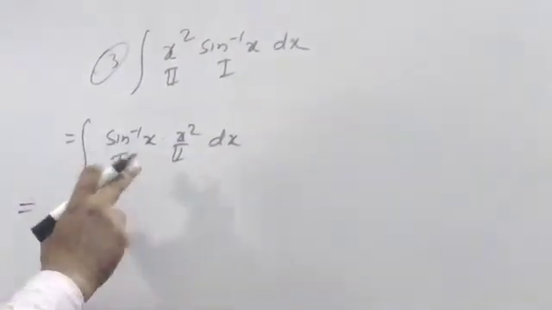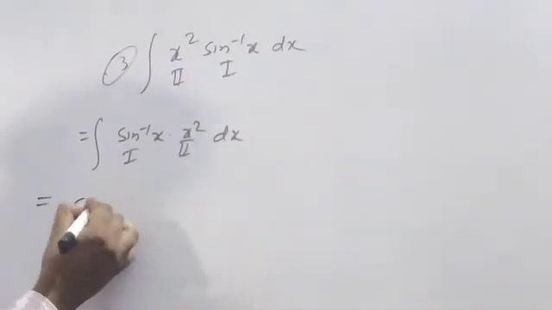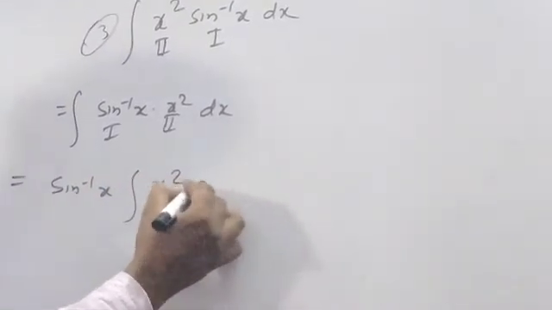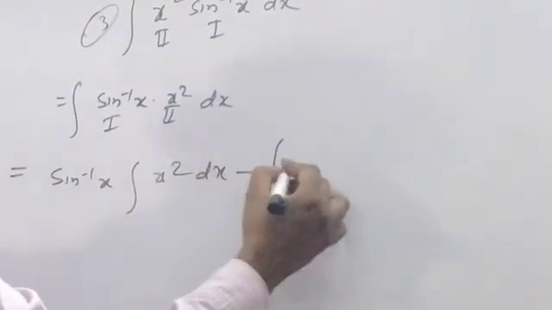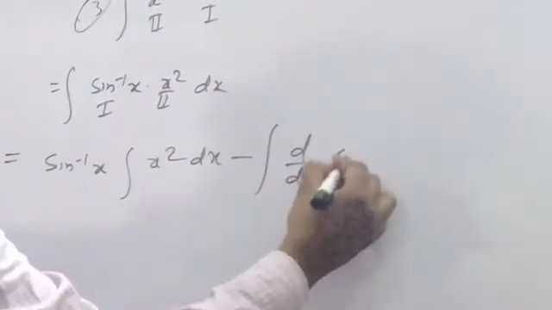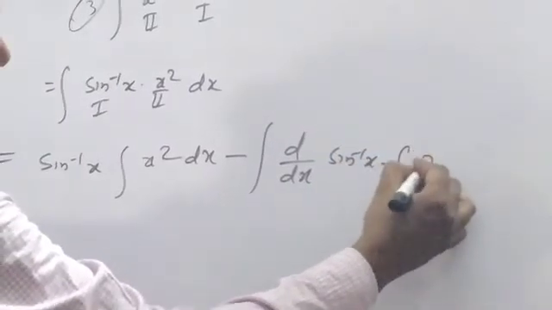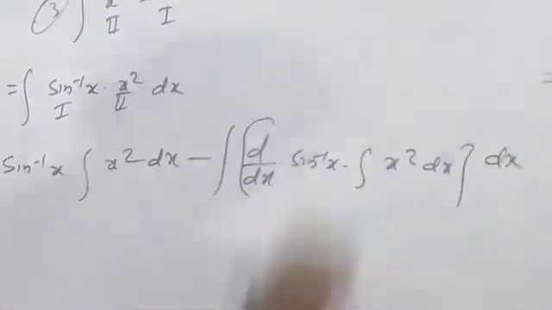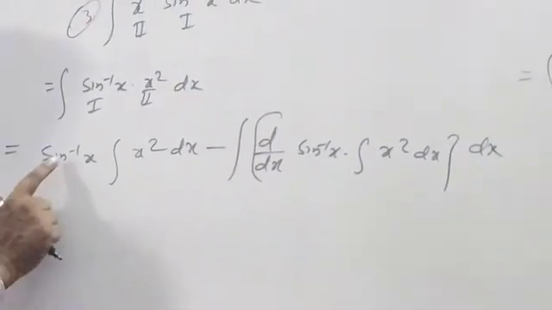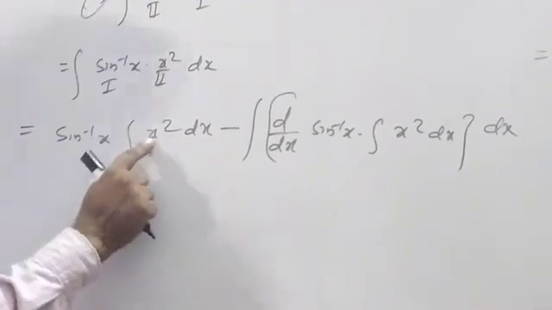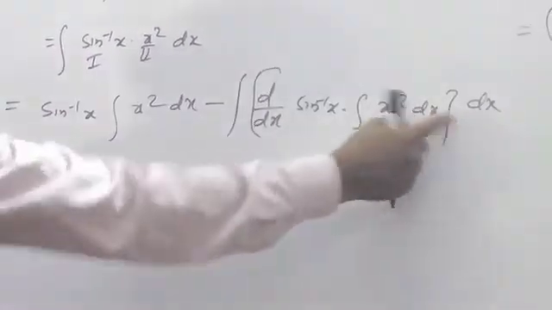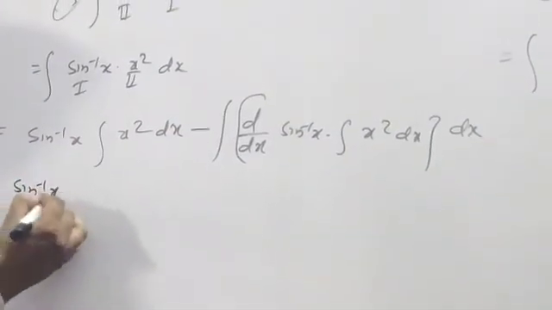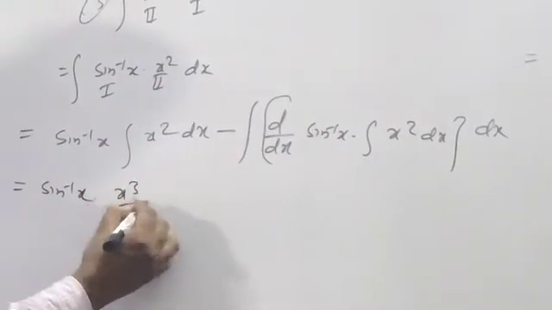First of all, we put it in the formula: leaving the first function, integration of the second function, minus the whole integration of the differentiation of sin inverse x into the integration of x square dx, and the whole integration. Clear? Very simple. Leaving the first function, integration of the second function, minus the whole integration of differentiation of the first function into the integration of the second. Then sin inverse x, and the integration of x square means x cube by 3